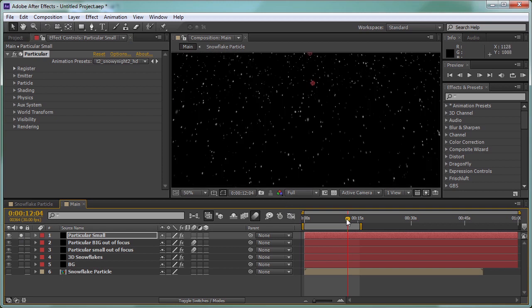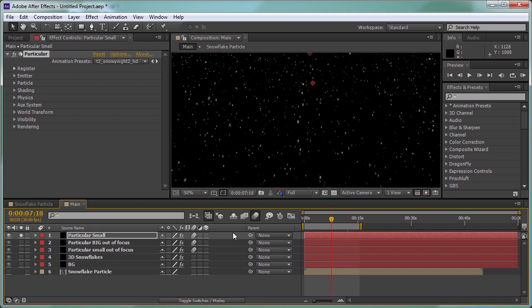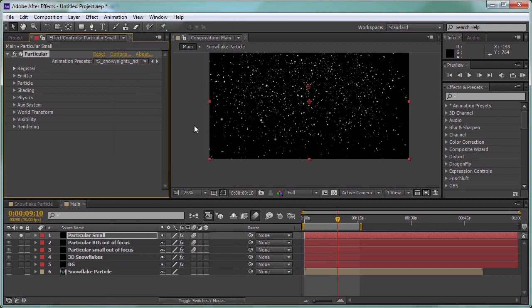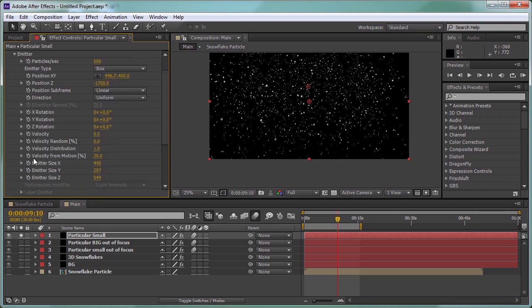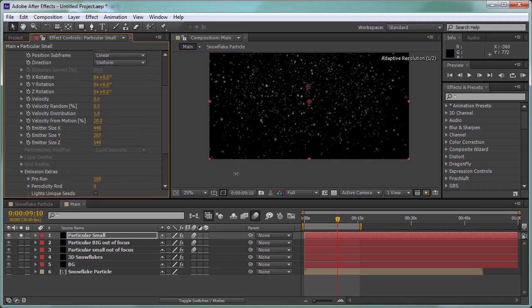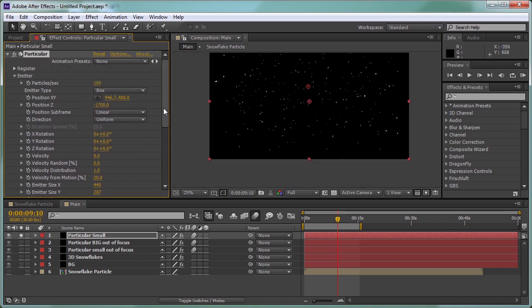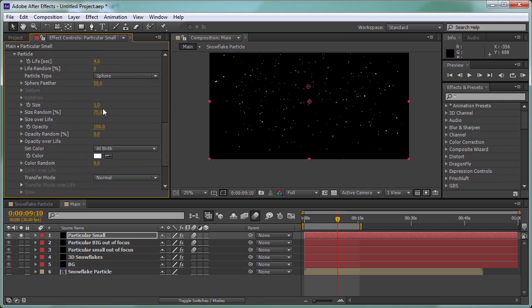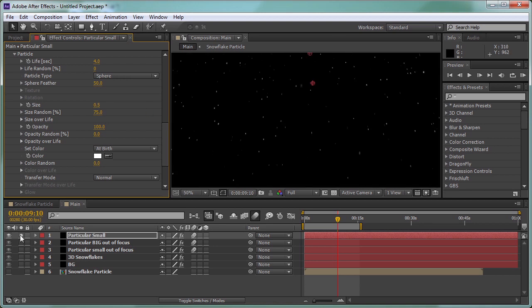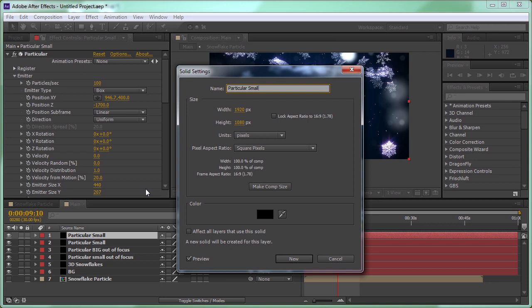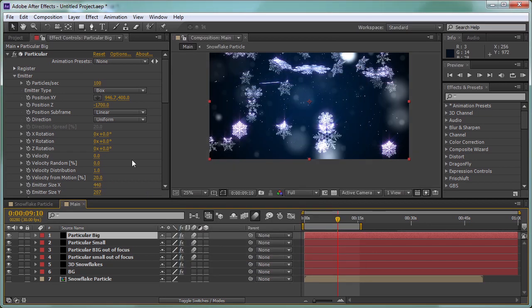And right now I'm going to use the first preset and open the emitter, go to the emission extras, set the prerun to 100 and set the number of particles to 100 as well, and go to the particle and decrease the size to 0.5, just to add like small snowflakes detail, and duplicate the layer, and let's call this one big, and set